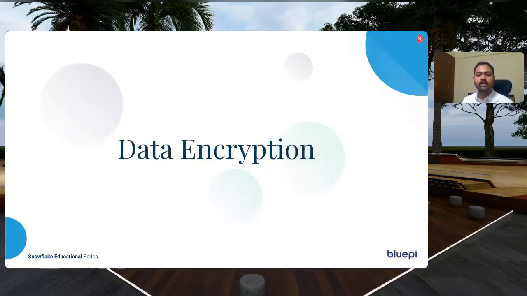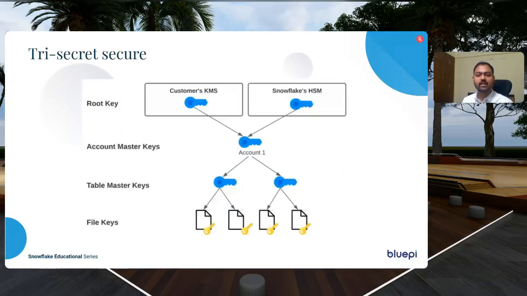Apart from end-to-end encryption, Snowflake provides two of its best features. The first feature is Tri-Secret Secure. Before talking about Tri-Secret Secure, Snowflake encrypts things in a hierarchical key model. As you can see in this diagram, files are encrypted using file keys, table master keys are different, account master keys are different, and root keys are different. So the Tri-Secret Secure feature